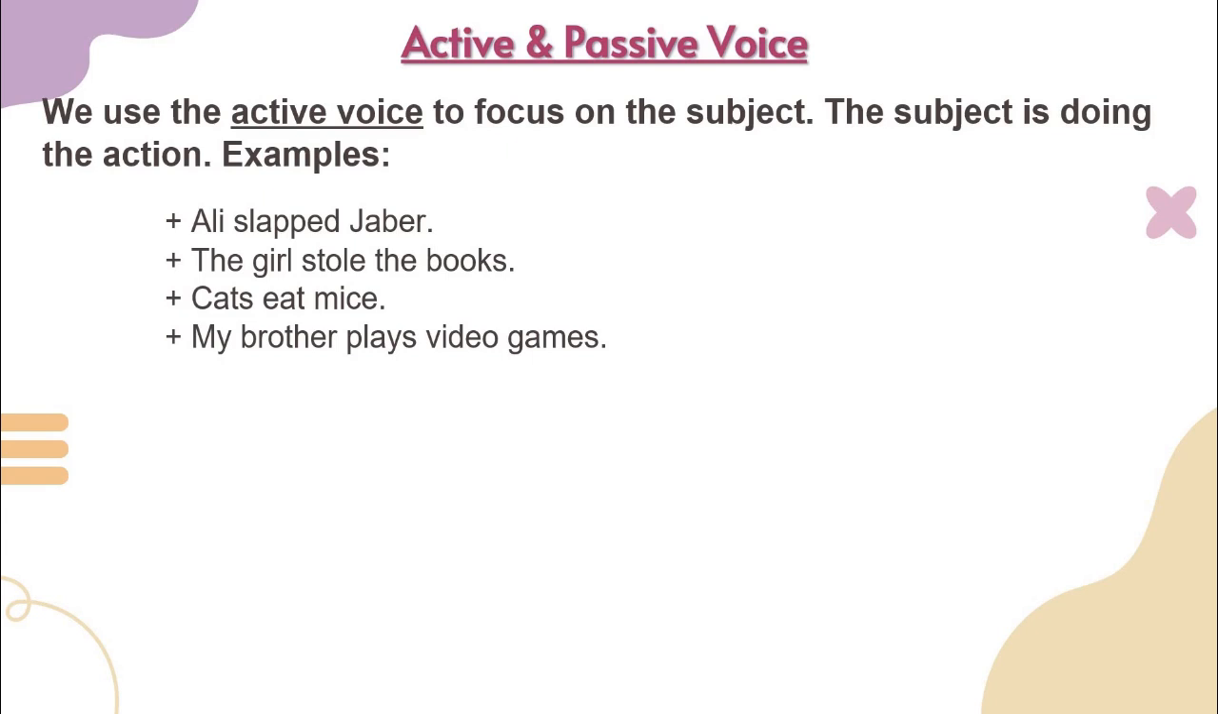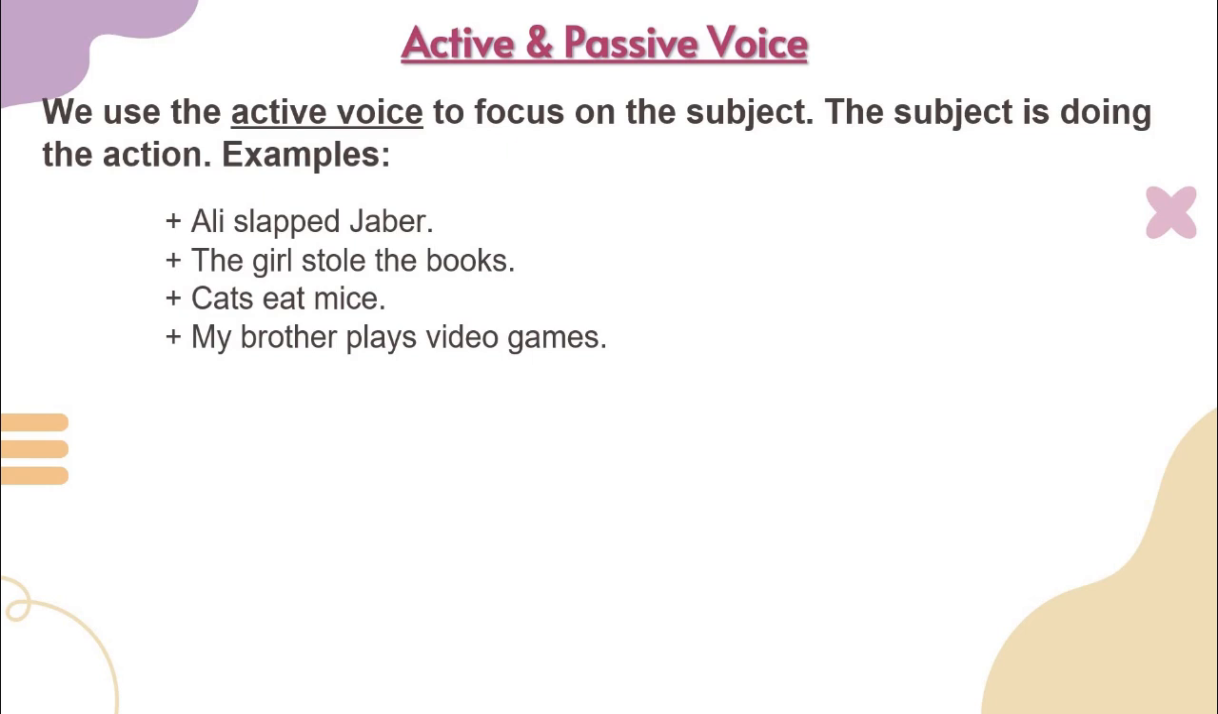Here, the subject is doing the action. Look at these examples. We have Ali slapped Jabir. The girl stole the books. Cats eat mice. And my brother plays video games. So when you have a sentence in the active voice, we are focusing mainly on the subject. So if you look at the first example, we are focusing on Ali. Ali slapped Jabir. So we really want to focus our thoughts on the subject, which is in this particular example,